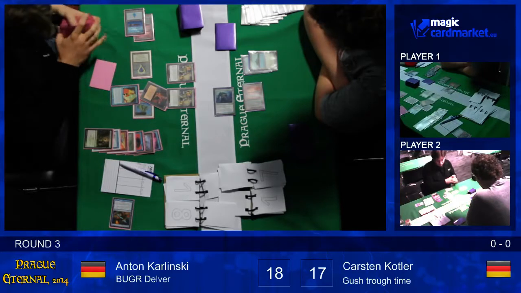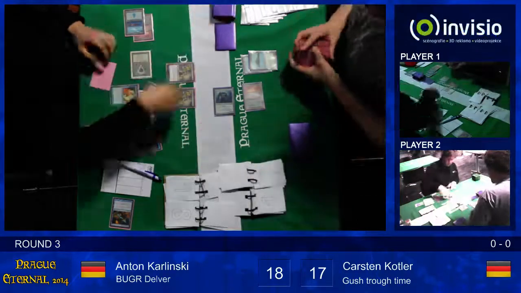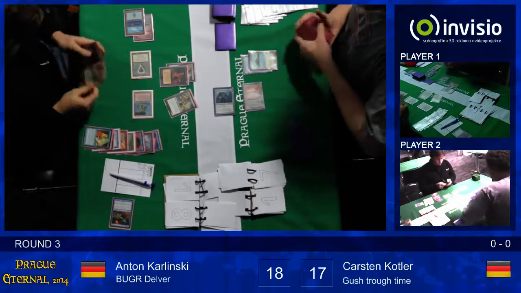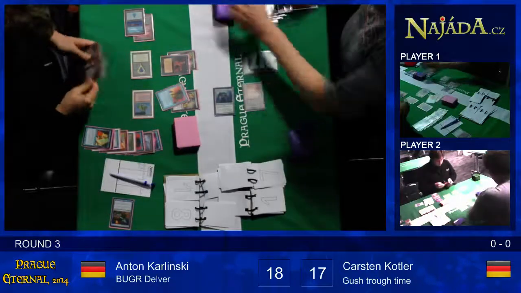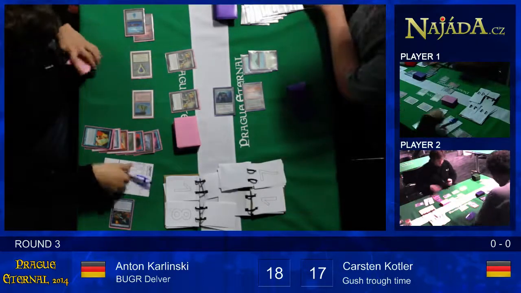There we see the classical tutor for a tutor, basically exchanging the worst tutor for a better tutor, which can find a Planeswalker. Yeah, exactly. So would he go for a Jace or... Oh, here's the forest. Here's the huge first. Does he have a Bugardo in his hand? I don't know, but...